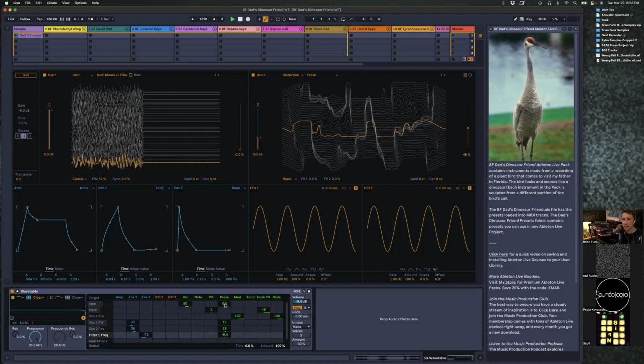And I'll put the tiniest amount on pitch and hopefully I can get a little vibrato. I think when you go past, yeah, that's a little too much. So I've found with the wavetable it's like 0.1, 0.2. I think 0.1 is really about the best. It's just a little bit too much and it goes out of tune. So if we play a chord,